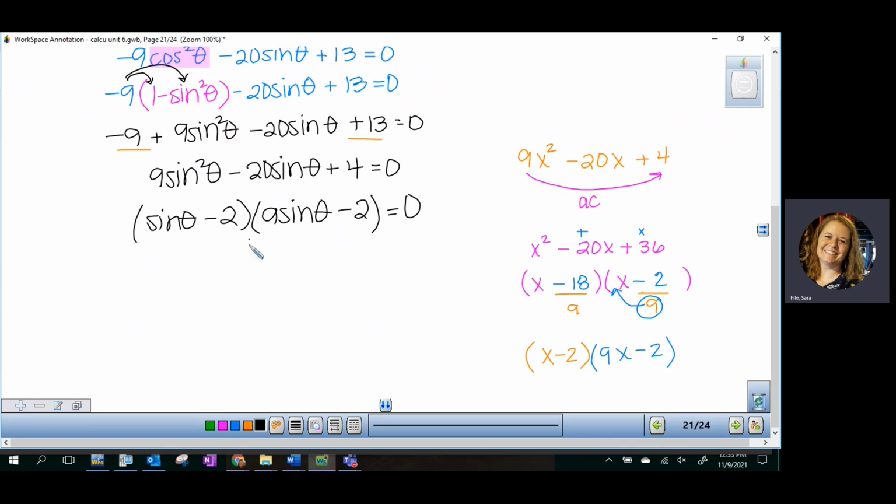So now that it's factored, you split and solve. So on the left, this factor, I end up having to add the 2 to the other side, and I get sine of theta equals 2. And we talked about that is out of the range. -1 to 1 is the range for sine and cosine. So there is no solution from that factor. Does not exist. No solution right over here. Okay, now on this side,